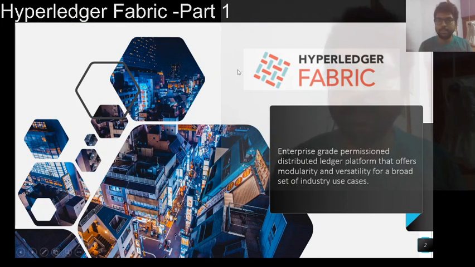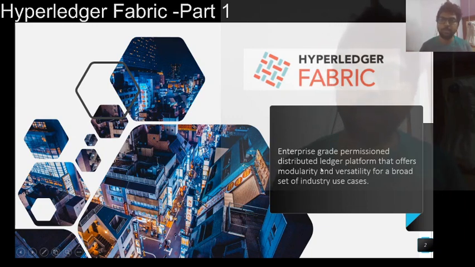You can see here that Hyperledger Fabric is one among a lot of Hyperledger platforms. In Hyperledger there are lots of others, like Hyperledger Burrow, Hyperledger Sawtooth, Hyperledger Explorer, and more. This is to understand what Hyperledger Fabric is, and this is the logo of Hyperledger Fabric and how it is written. So if you want to be familiar with Hyperledger Fabric and you see any documents, you can identify Hyperledger Fabric with this logo and this font.